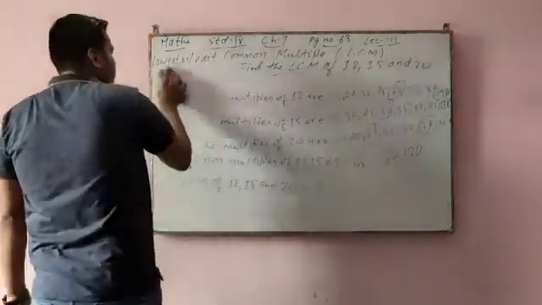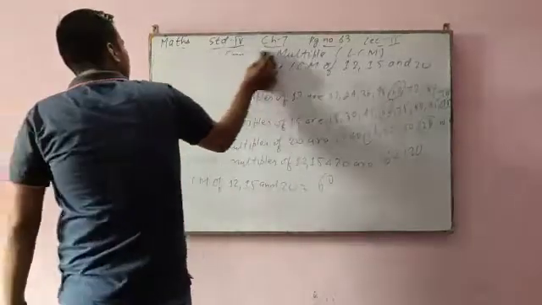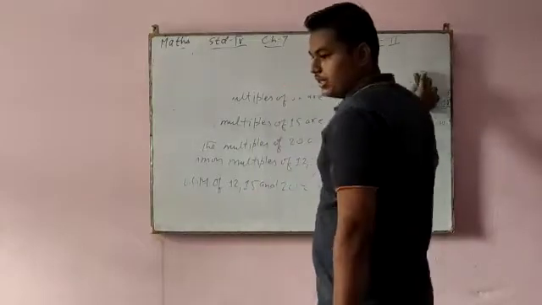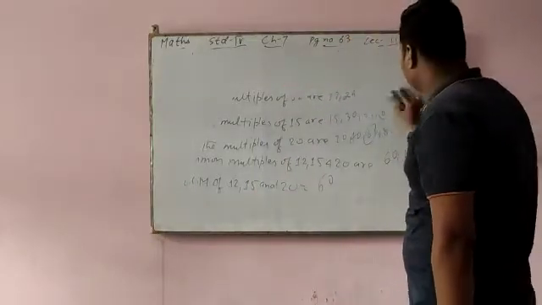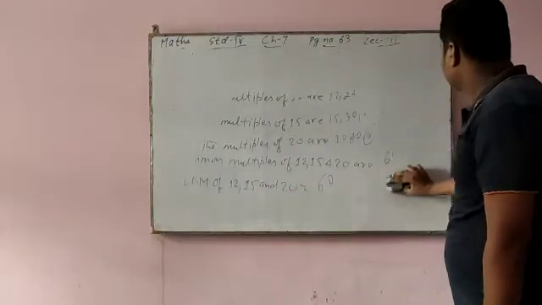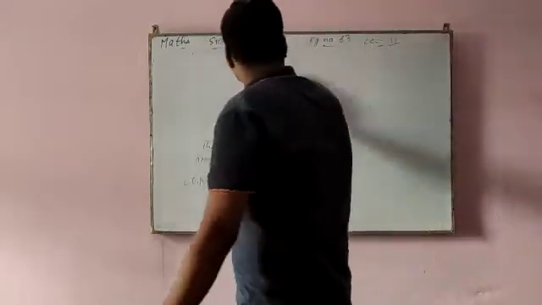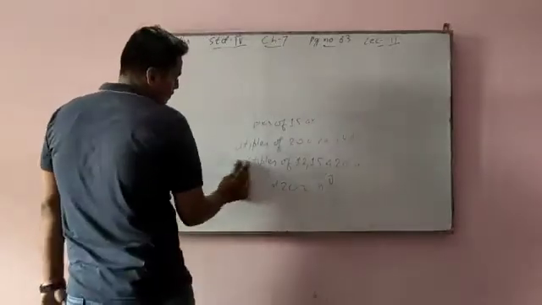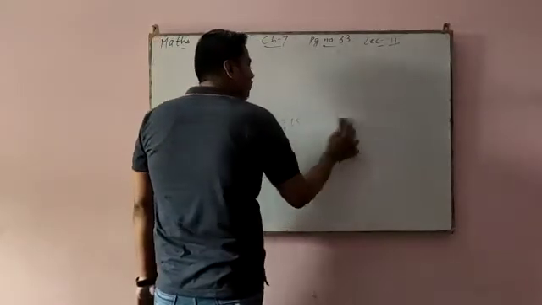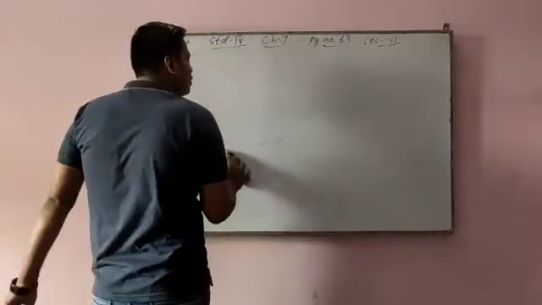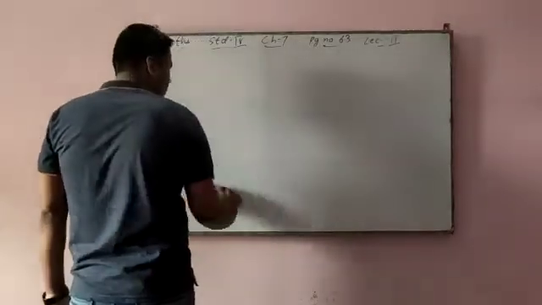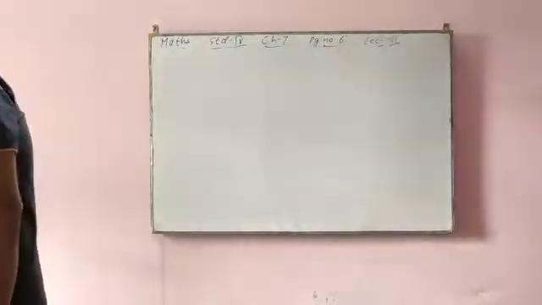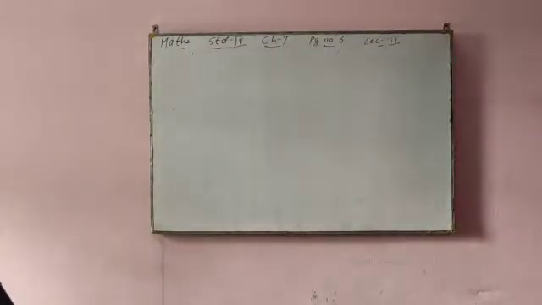I hope whatever examples I have explained, 17, 18, 19, and exercise 25 or 26, you have understood. It's very easy, you just have to write the multiples and find the common multiple. After that you have to find the least common multiple. When you find a common multiple, easily you can find the lowest common multiple. In the common multiples, whatever the lowest number is, that will be your answer.